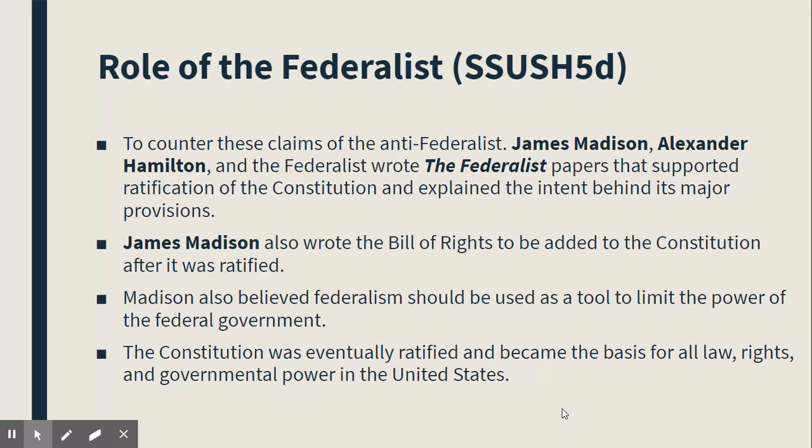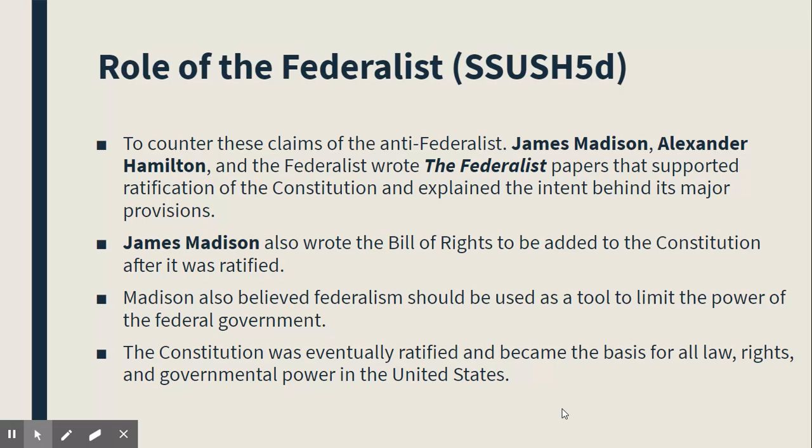Jefferson said that the Constitution didn't protect state rights, nor did it protect individuals' rights. And so, because of that, the Federalists said, look, you have to ratify the Constitution because we have to have it. We have to be able to use it in this new government. And Jefferson said, no, I'm not going to do it because it's not fair to the people. The people are being treated unfairly.